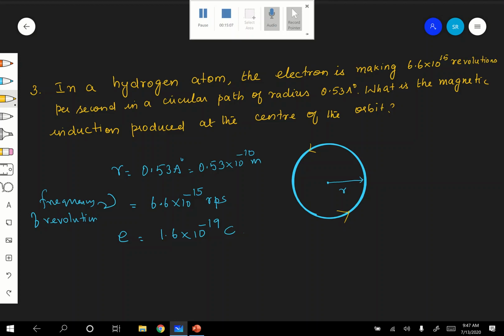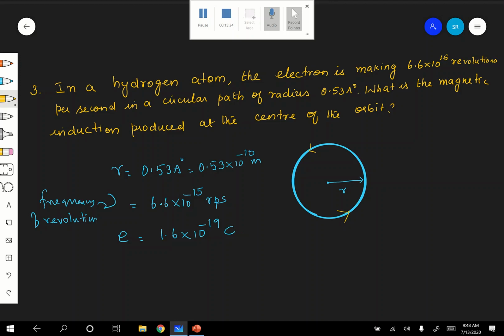But the electron is moving in a circle. If the electron is moving in anti-clockwise direction, current will be produced in the clockwise direction and vice versa, because it is an electron, negative charge. Definitely in the orbit there will be some current. Are you following? Therefore, now the orbit itself acts as a current carrying circular coil.